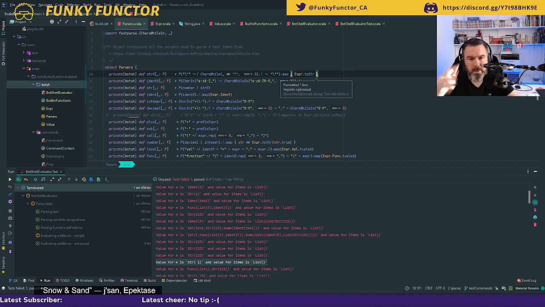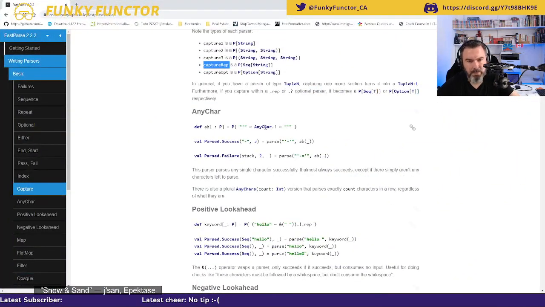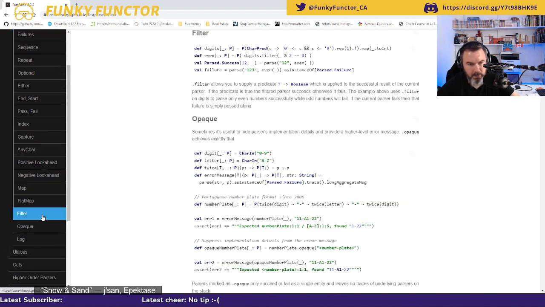So why, and maybe take a look at the documentation for fastparse. So I have this, and can I say, what is filter?